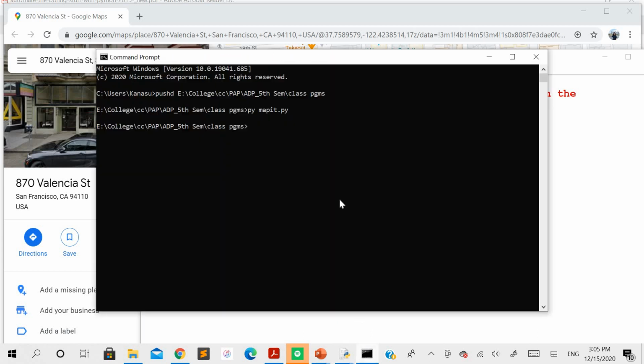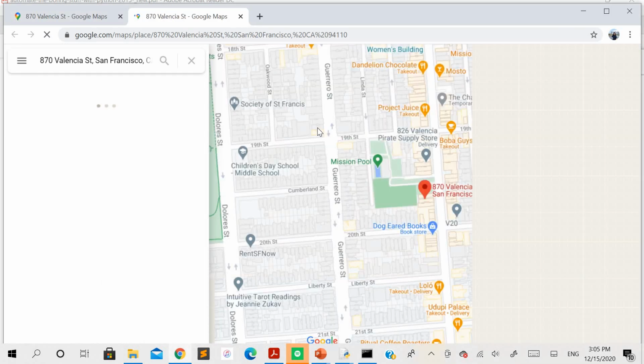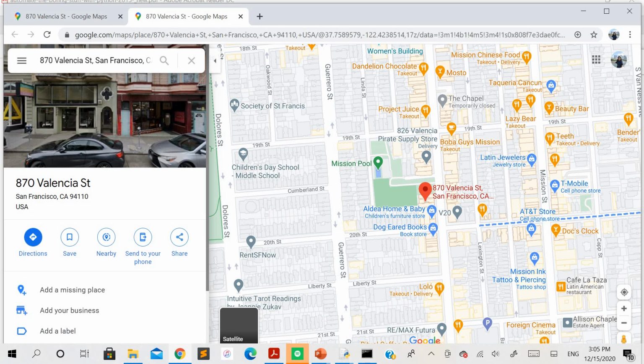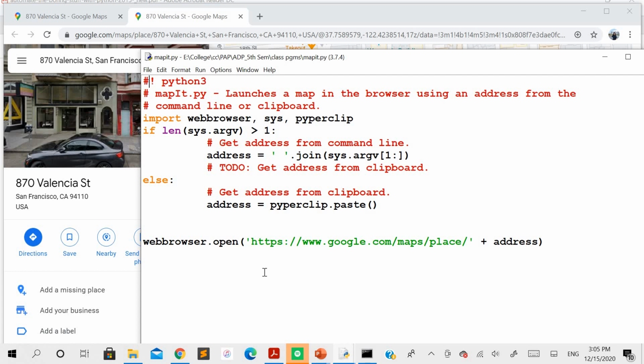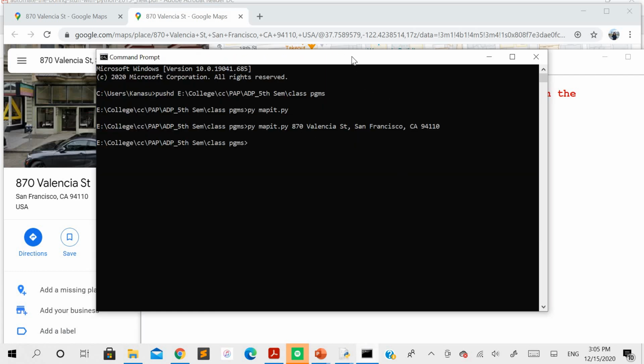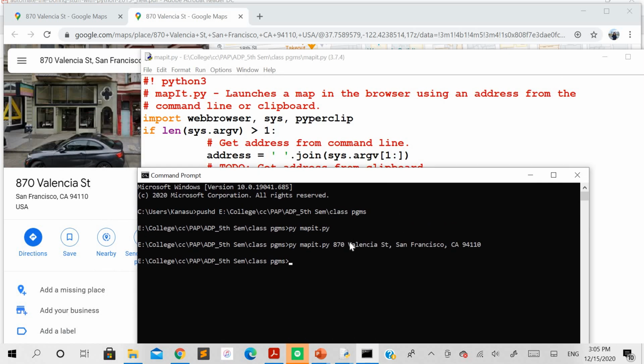Another possible way here is, I'll run the same program. Here, instead of just pressing enter, I'll copy that and paste that address over here. So you can see, I can even pass the address as the second argument to the Python function itself. In this case also it is going to serve the same purpose and give you the same result, but the difference is which part of the program is going to be executed. For the second method, where you have given the address in the command line argument itself, you can see the address I have given is a part of the command line argument only.